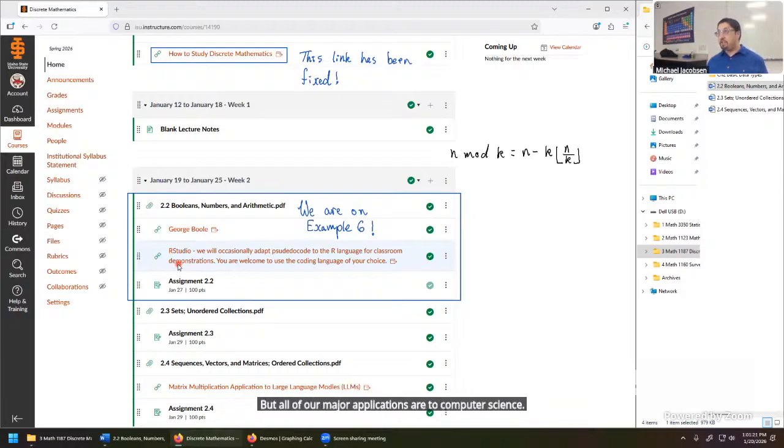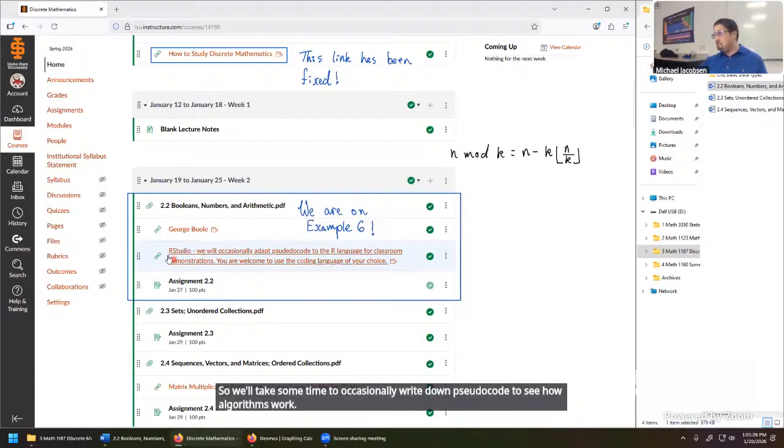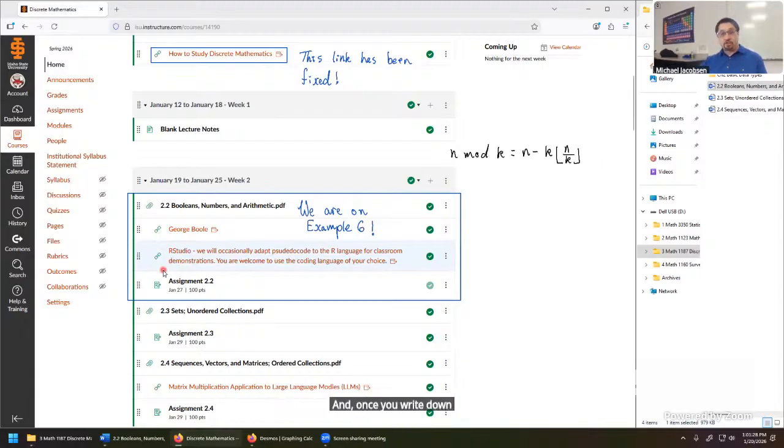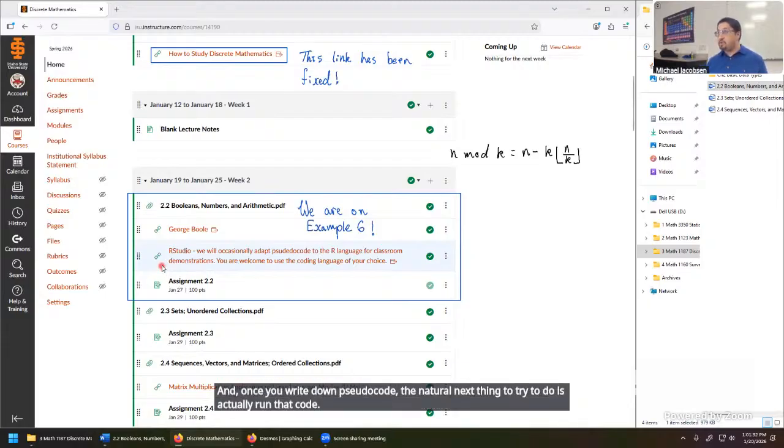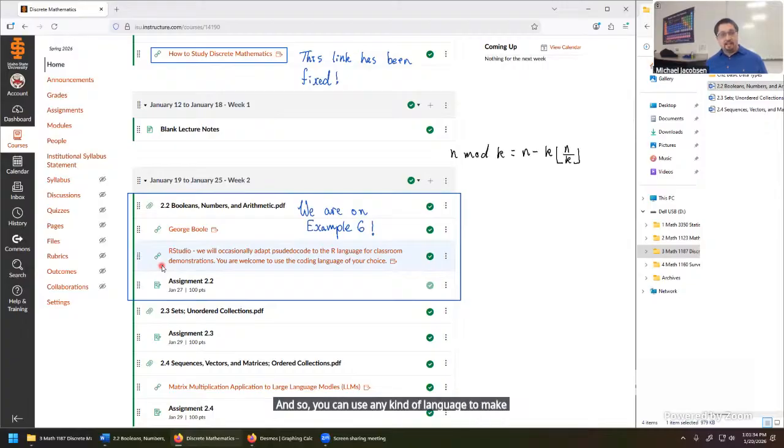So we'll take some time to occasionally write down pseudocode to see how algorithms work. And once you write down pseudocode, the natural next thing to try to do is actually run that code. You can use any kind of language to make that happen. If you prefer to work with, say, C++, Python, Java, any language that feels like your first and most natural choice, that'd be a great way to take a look at how some of this pseudocode comes